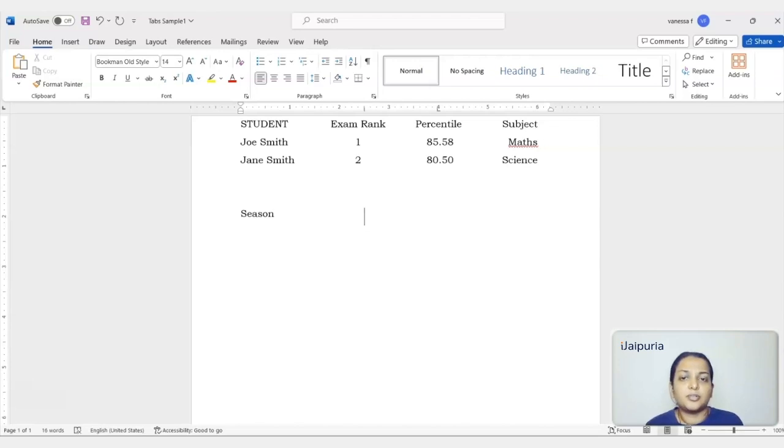Now let me try to type something. So I'll type the clothes. Similarly, press enter. So you can see my tabs are intact. Start with summer. Press enter. And I'm going to add